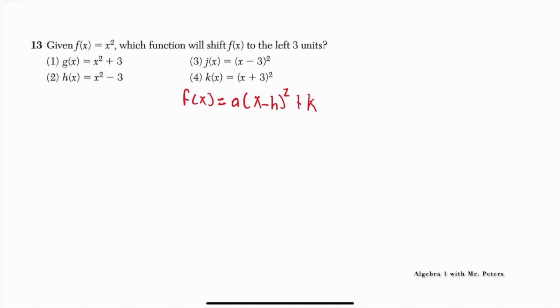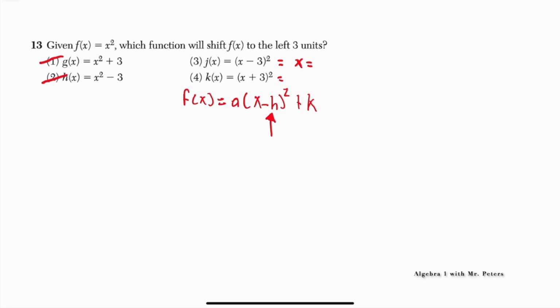So if we have a shift to the left, that means our shift is going to be inside the parentheses. So that means answer choice 1 and answer choice 2 are gone because these are going to be vertical shifts. Now, if we want to shift to the left 3 units, remember that when we set this equal to 0,